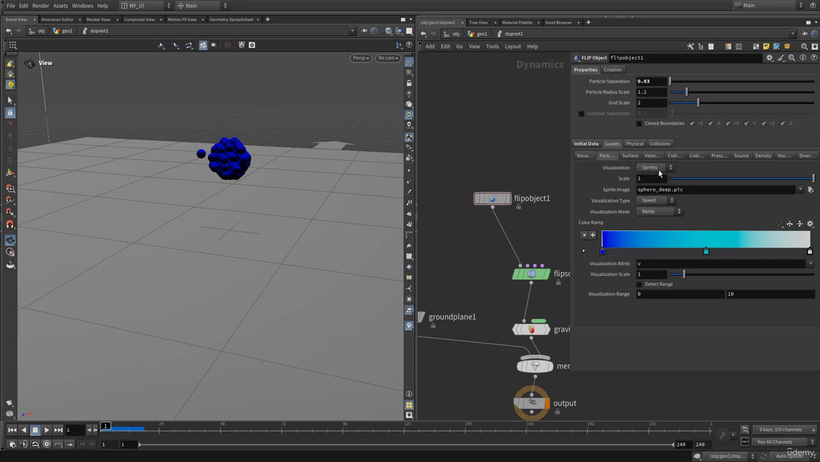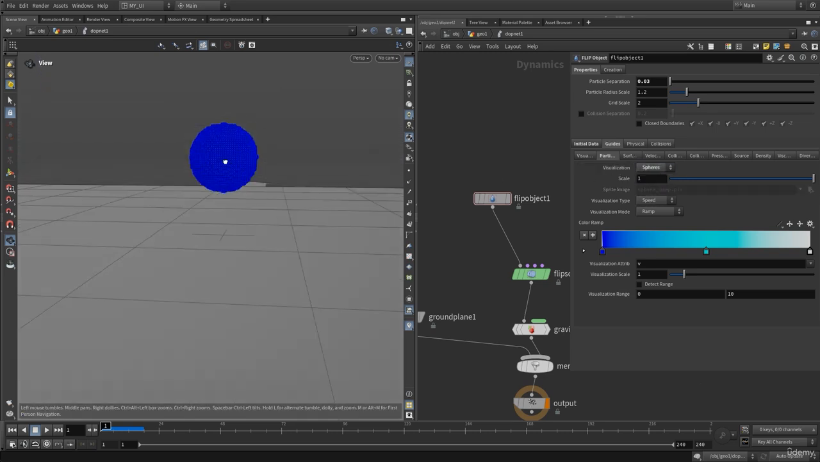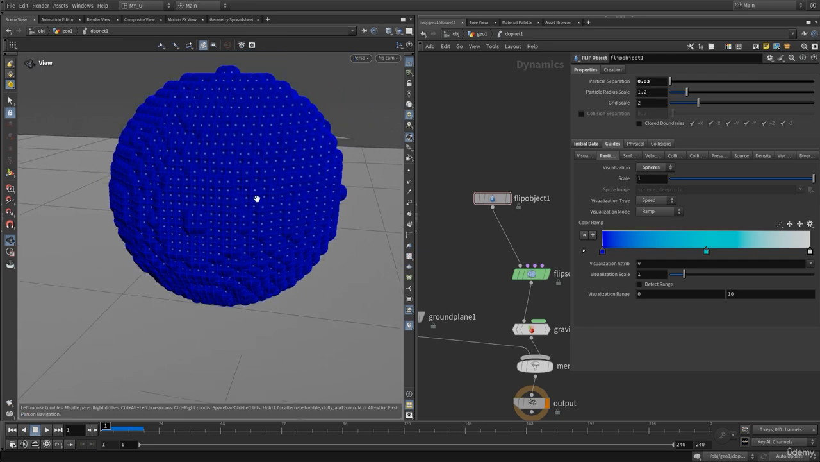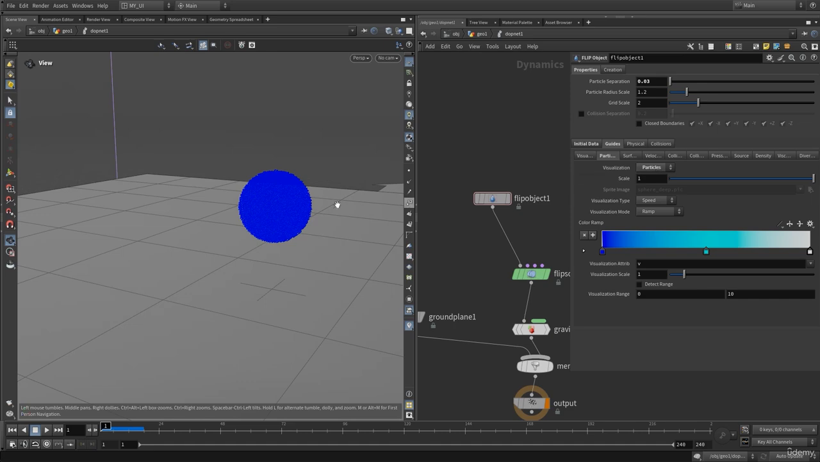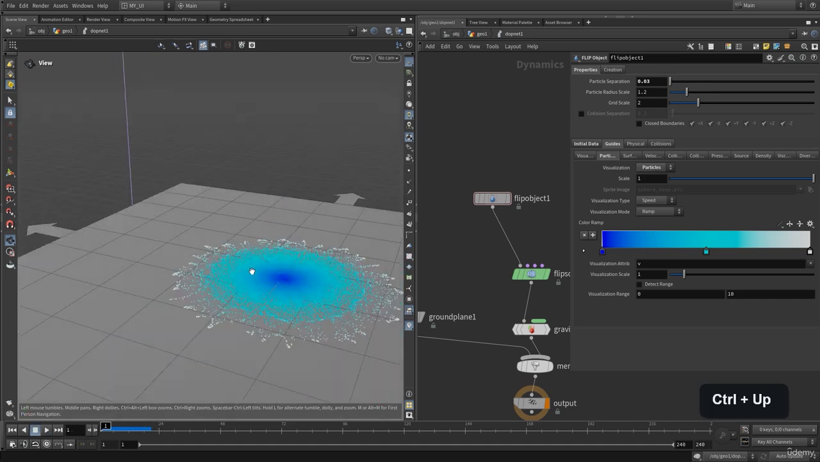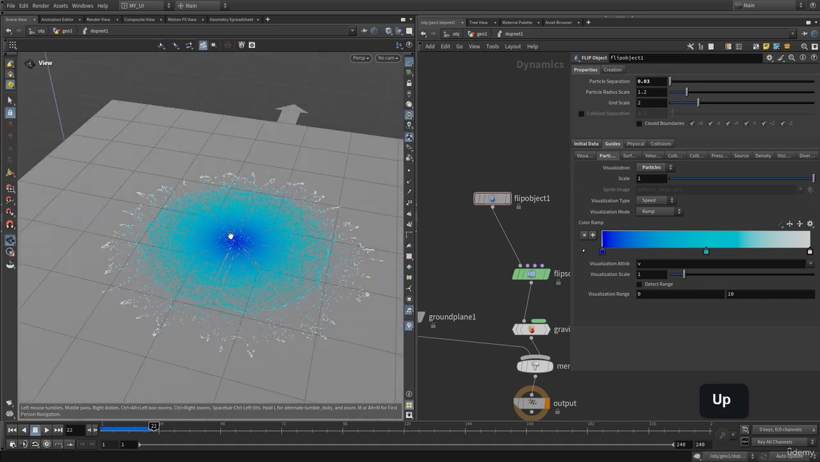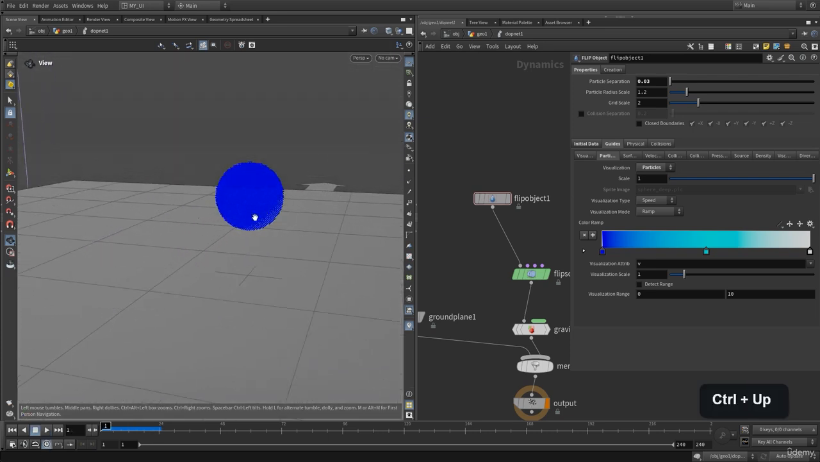Let's go into the particles, and here you can see the visualization is set to sprites. Let's change this to spheres. Now we can see a bunch of these small spheres, or I can also change this to grains or particles. Let's change this to particles because it is a very lightweight visualization. Let's hit play. And here as you can see, we can see the visualization. I'm going to enable the real-time playback as well. Let's hit play. Here as you can see we have the visualization as particles, and we can see all of